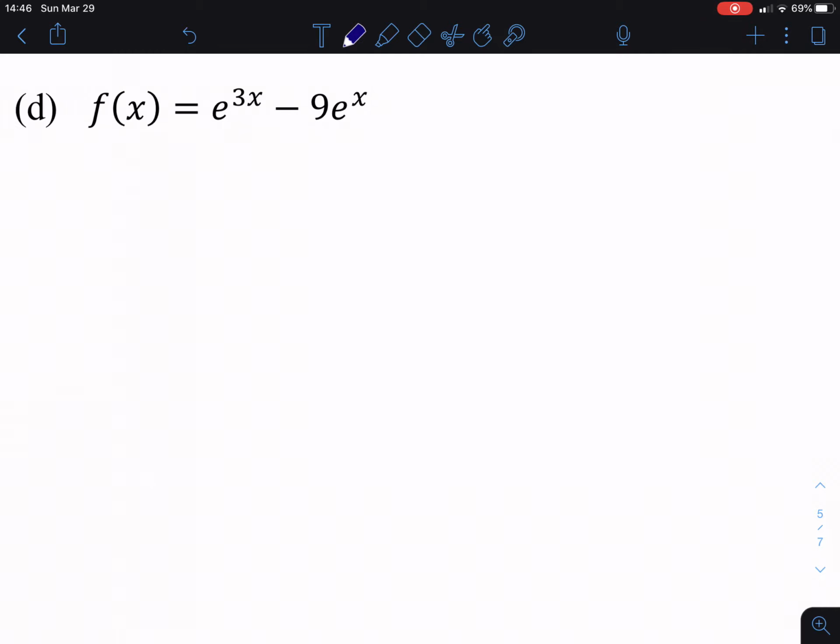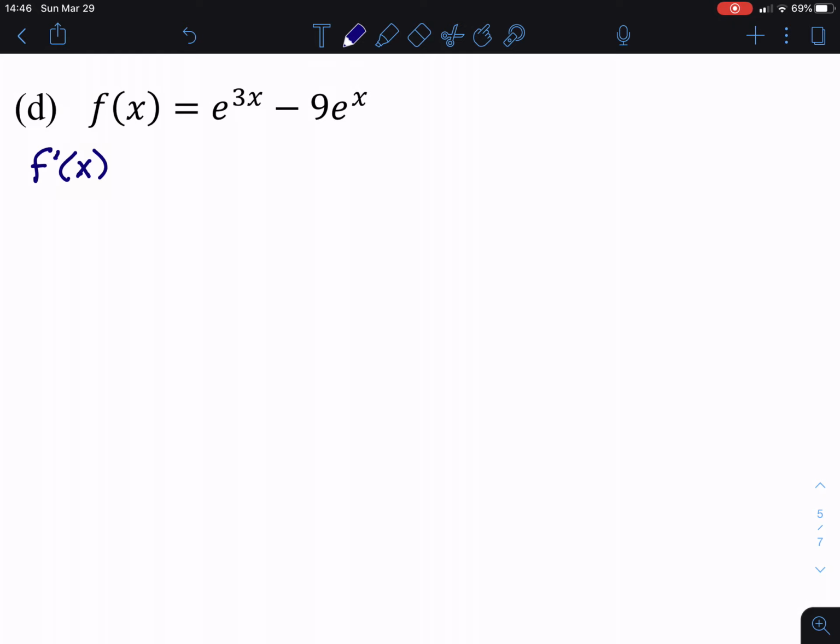For this example, we're going to take a look at finding the intervals where a function is concave up or concave down and the inflection points. This time the function is an exponential function. So our function here, we have f of x is equal to e to the 3x minus 9 times e to the x. All right, so taking the derivative of this,